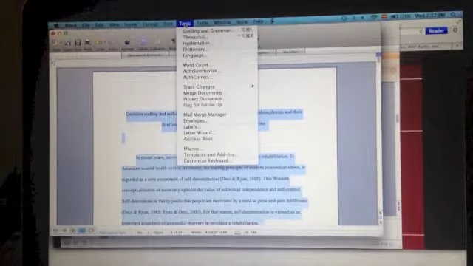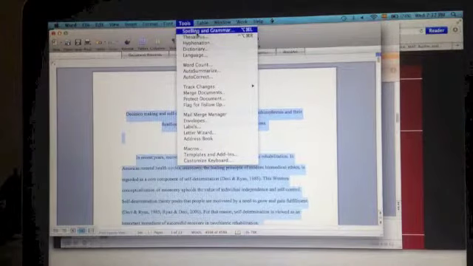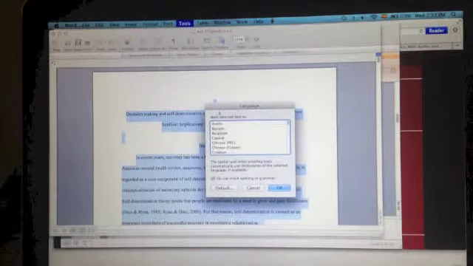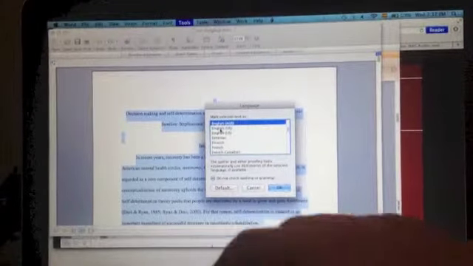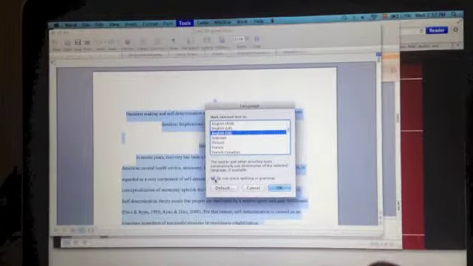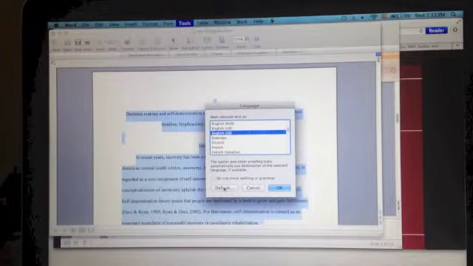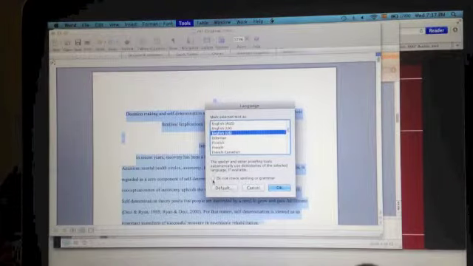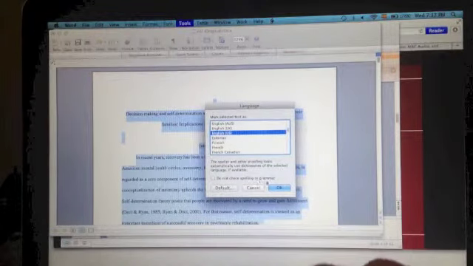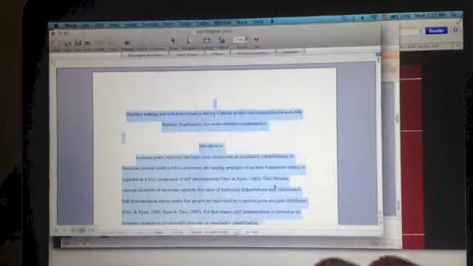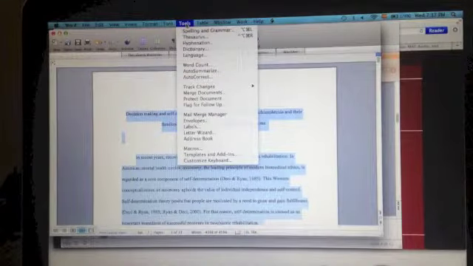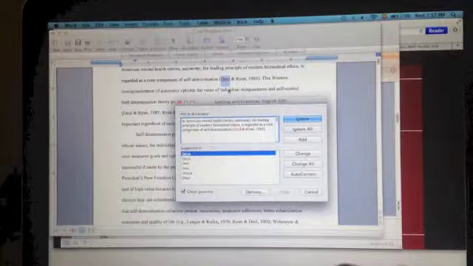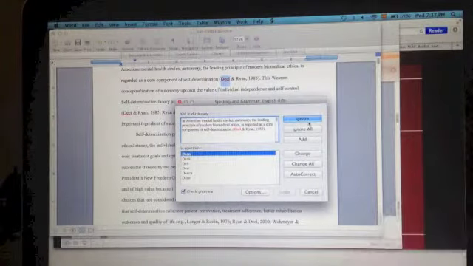So here I'll show you how to do it. Go to Word again. You must select all your text, then go to Tools, and then under Language you can select the language you want to use. In this case we're going to use English, of course. Make sure that the box that says do not check spelling and grammar mistakes is unchecked,